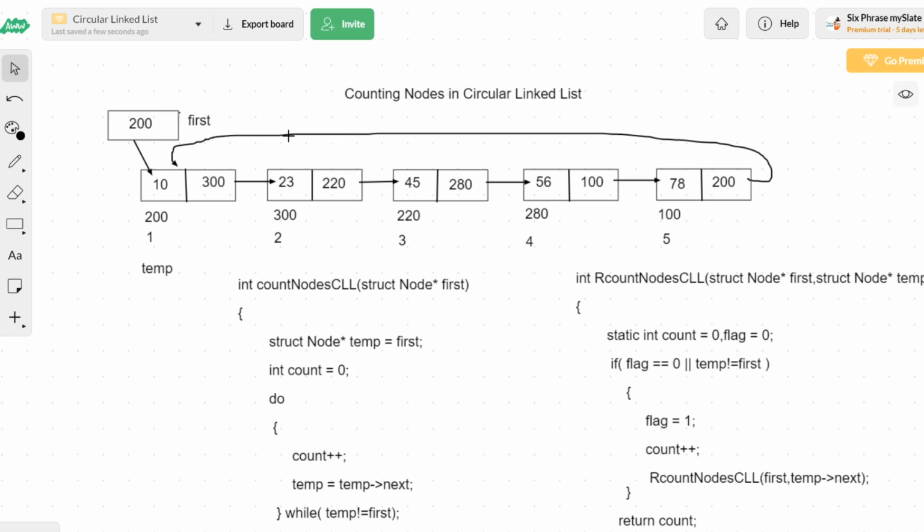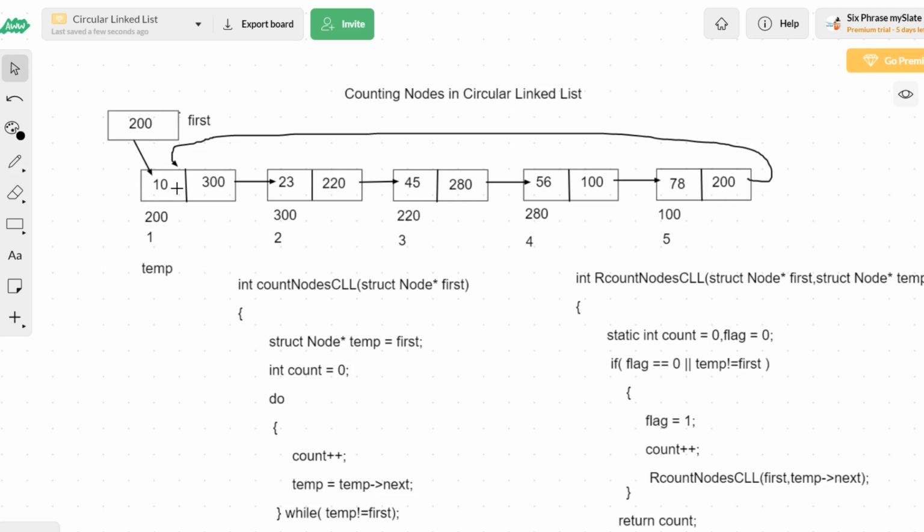So here the condition will be checked. Then the next one, here also the condition will be checked. Here also, so 1, 2, 3, 4. Here the condition will be checked. Then coming again to the first node, again the condition will be checked. So every node is checked once, starting from the second node and coming back to the first node. Totally n checks will happen, so the while condition will be executed n times.